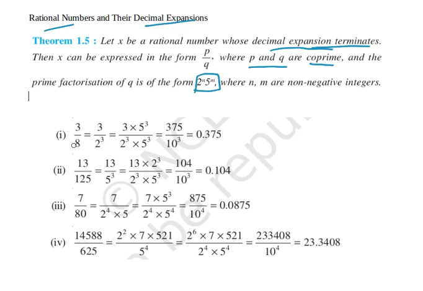In this class, we are discussing how a rational number can be brought into decimal form. In class 9, we saw the conversion from decimal expansion to the rational number. In class 10, we are discussing how a rational number can be expressed as a decimal expansion. So, a rational number can be either terminating, that means it ends at some point, or otherwise it will have a repeating pattern of decimal expansion. So, rational numbers can be of two kinds.